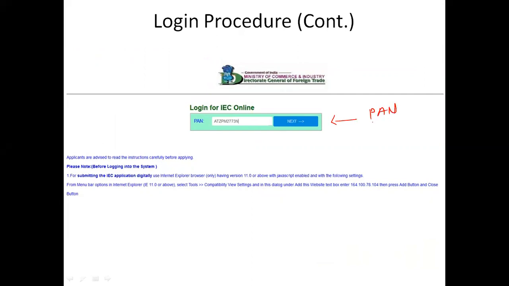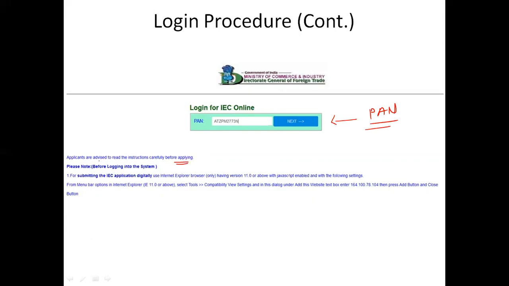You need to enter your PAN number. Listen carefully. The applicants are advised to read the instructions carefully before applying. So a humble request to all of you: this process is very easy to complete, but the main concern here is, please read all the instructions carefully for the future perspective.